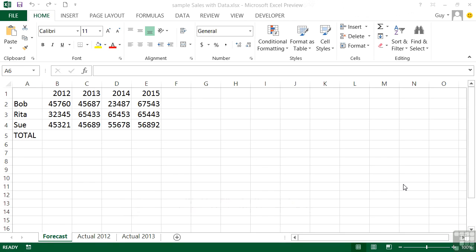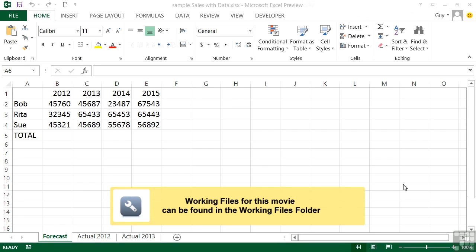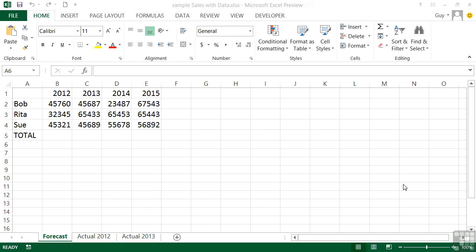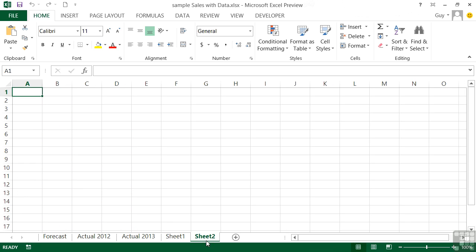So we've seen how we can get more sheets than the default one, and how we can get rid of sheets we don't need anymore within our workbooks, bearing in mind there is no restriction on the quantity of worksheets you can have in a workbook. If you have a lot of worksheets, so for example, if we take our sample cells with data, it has 3 worksheets. But if we were to add a lot more using the plus,